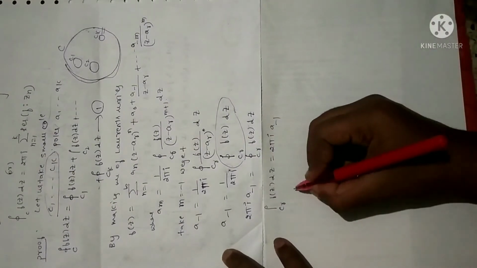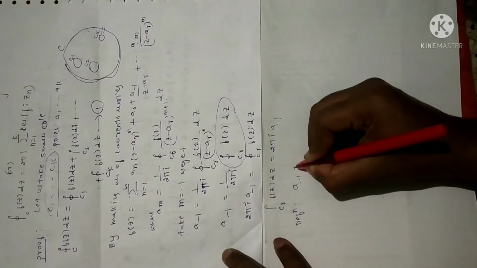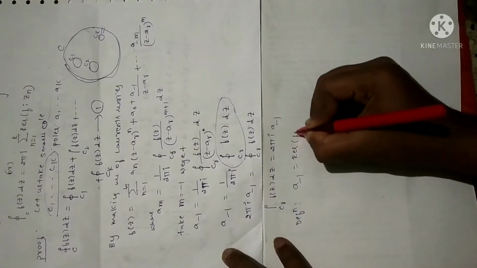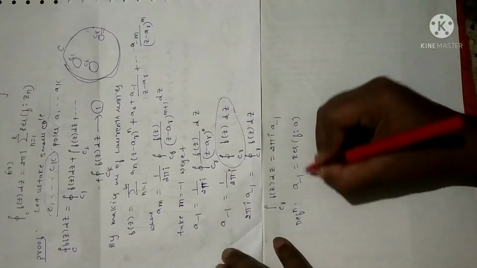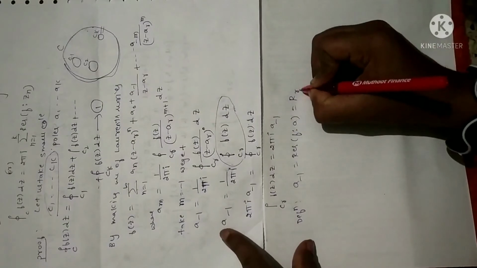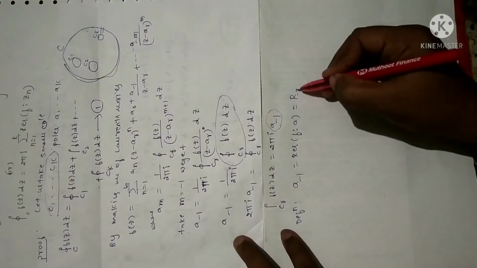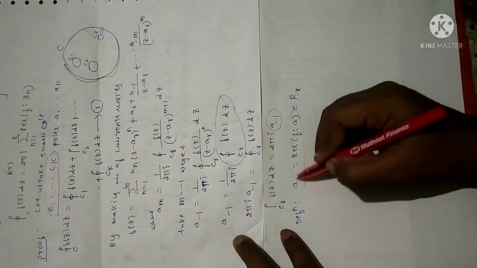Now from the definition of residue of a function we have already derived that a minus 1 is none other than residue of a function f with reference to a. This is the standard representation, right? So I can take residue as capital R with reference to r. So I can replace a minus 1 as R of r. In the sense it is the standard definition of residue of a function.